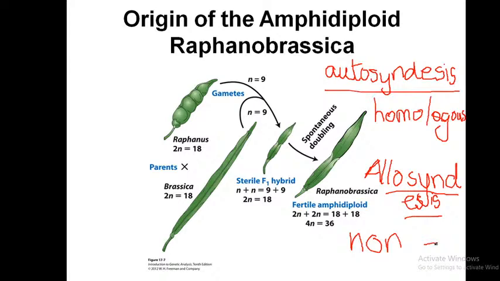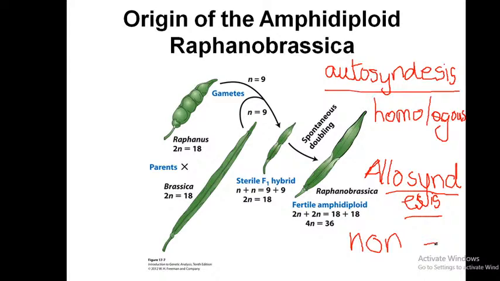Gametes of two species fuse to form the allopolyploid. If homologous chromosomes pair, that is known as autosynthesis. If non-homologous chromosomes pair, that is known as allosynthesis. Now I also said earlier that polyploidy is common among plants; according to one estimate nearly half